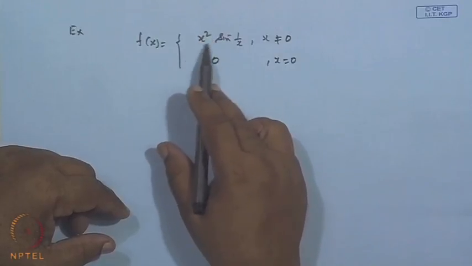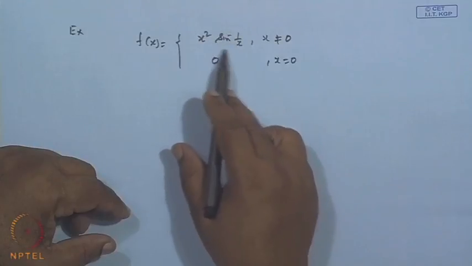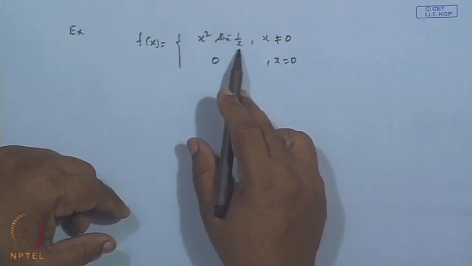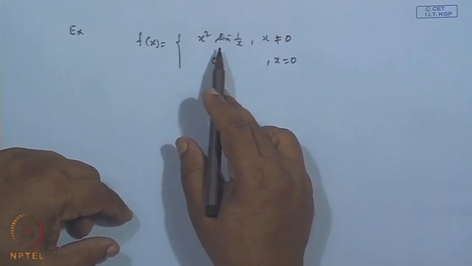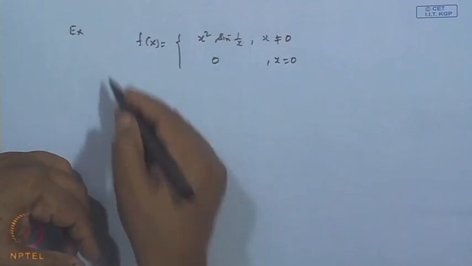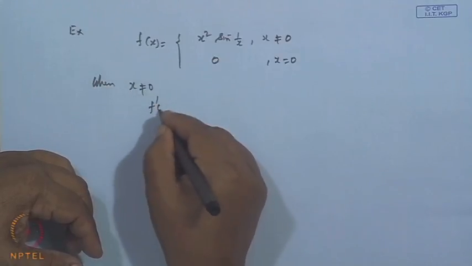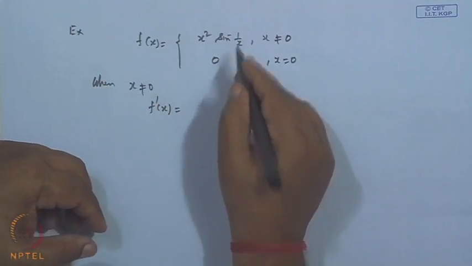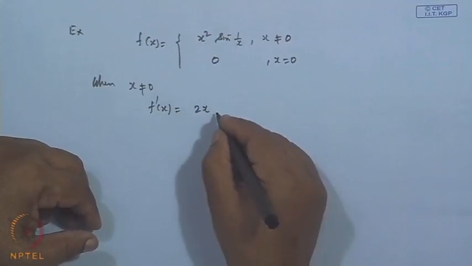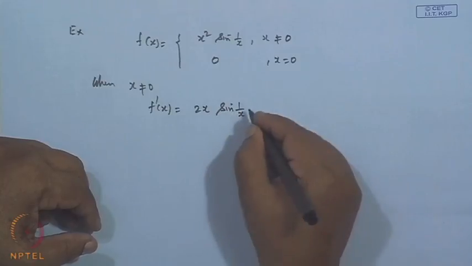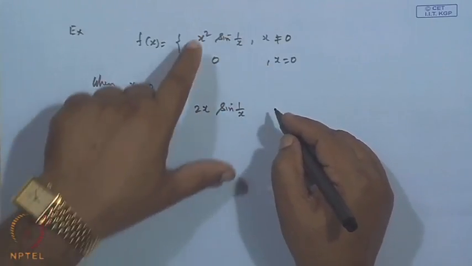Now, x square is a continuous function and also differentiable, and sine is continuous and differentiable, so far as x is not equal to 0. So we can directly apply the formula. When x is not equal to 0, you can directly apply the product rule for the two functions, which gives the derivative of the first, 2x sin 1 by x, and then the second function, x square,